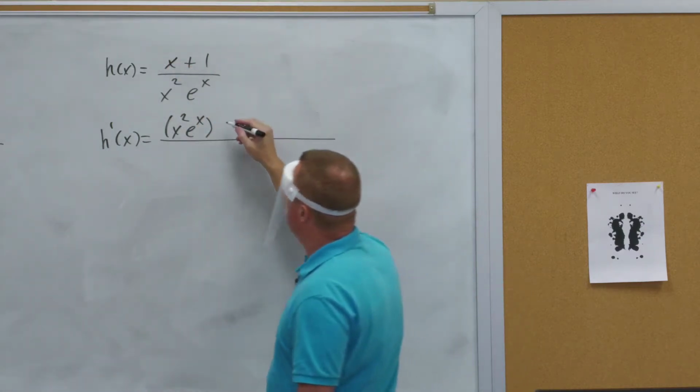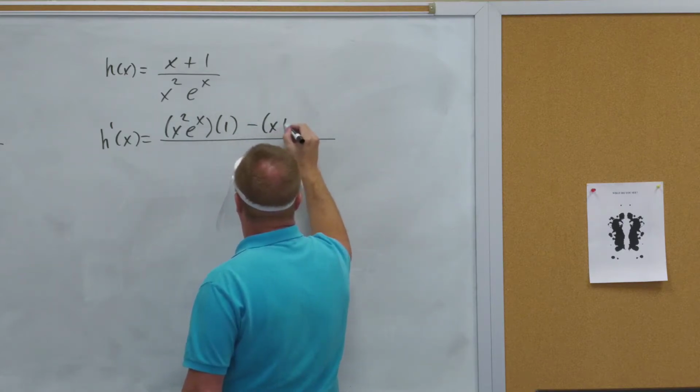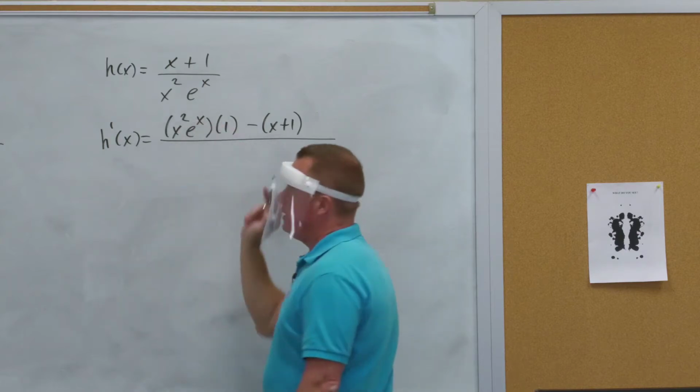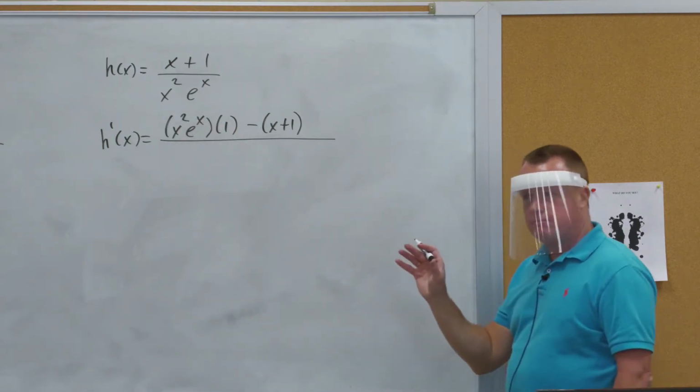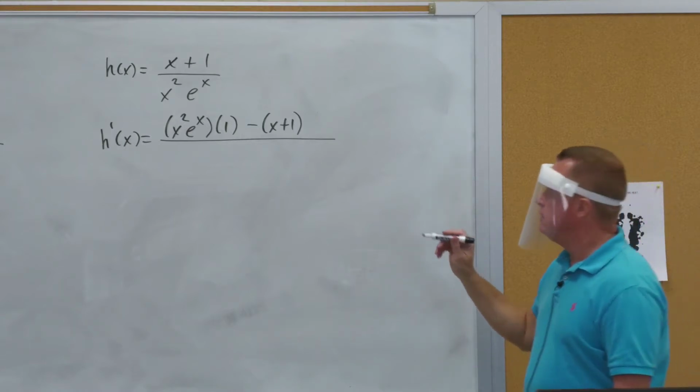Just 1. Minus the top times the derivative of the bottom. Now, the bottom is a product. Got to use the product rule in order to differentiate the bottom. Okay? So on the bottom,